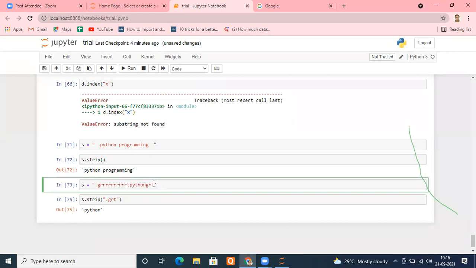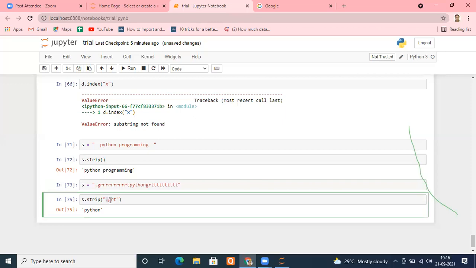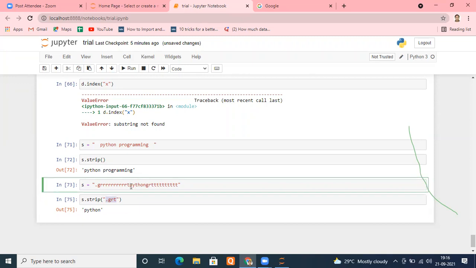Okay, like this. Similarly here, whatever you want to put, T, T, T, T. It will search from the beginning. If any of these characters is found, it will remove that. G is found, R is found, every R will remove, every T will remove. The moment this pattern breaks, meaning any of these characters breaks, and now a character comes which is not available here, it will immediately stop removing things, because this character is not available here.